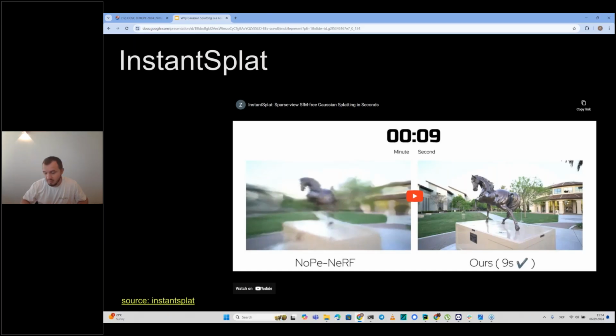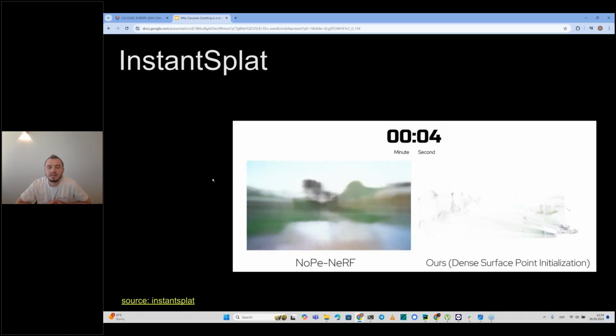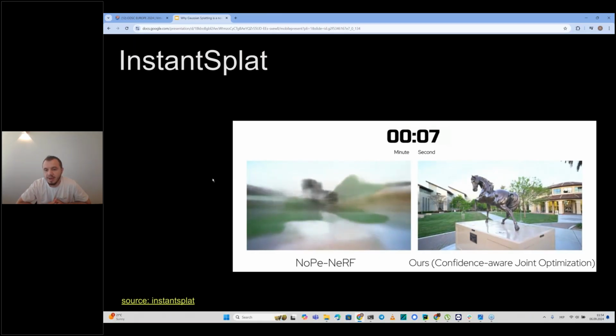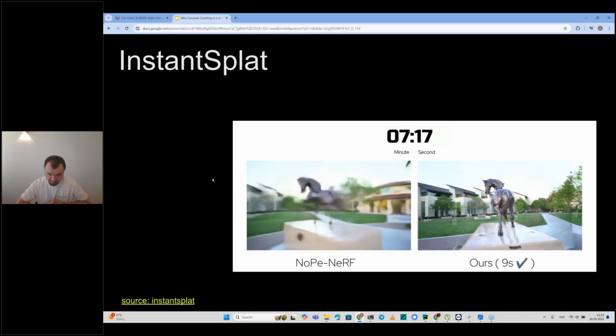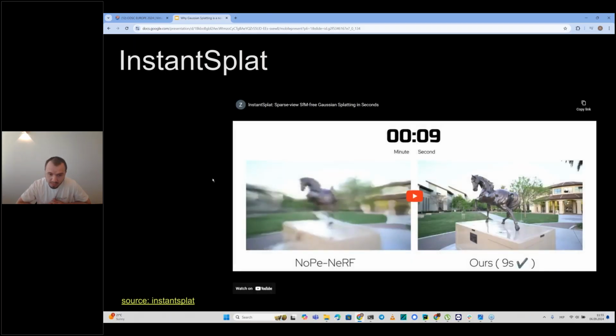But in the last 2 months, more than 5 interesting papers, and by the way, with code, all links are available in this presentation, have come out with pretty interesting and impressive results that allow us to reconstruct a Gaussian splatting model of the real world without originally knowing specific camera parameters, and without using this computationally heavy pre-processing step of COLMAP or another structure from motion pipeline, by integrating an additional neural network that estimates and updates potential camera positions into the training pipeline of this reconstruction method.